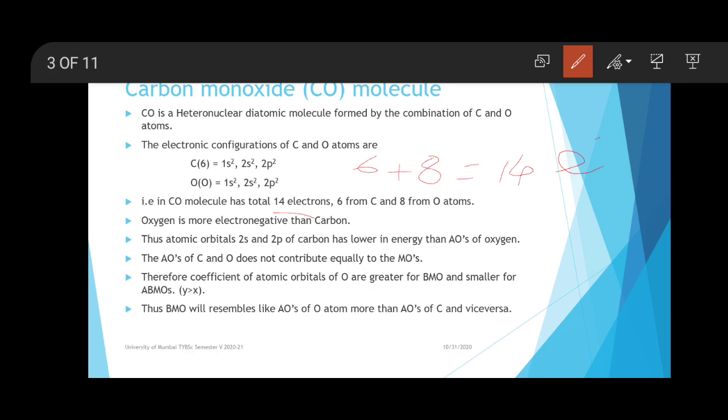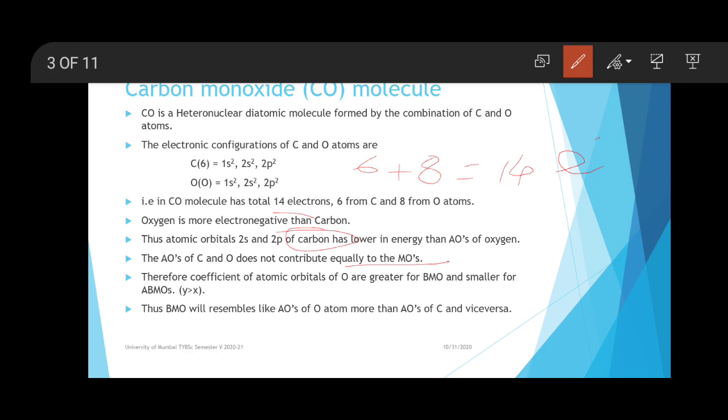So the 2s and 2p atomic orbitals of oxygen are lower in energy as compared to carbon. So the atomic orbitals of carbon and oxygen do not contribute equally to the molecular orbital. As a result, because the atomic orbitals of oxygen are lower in energy, while the atomic orbitals of carbon are higher in energy,